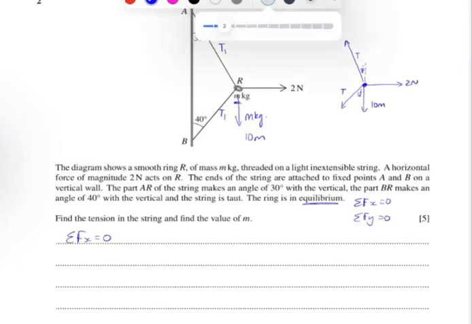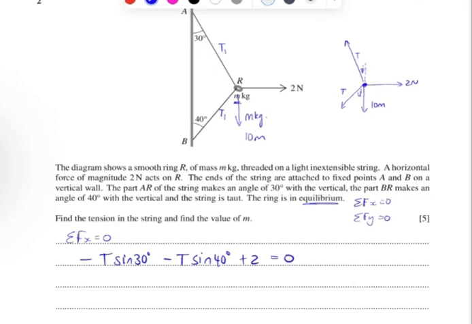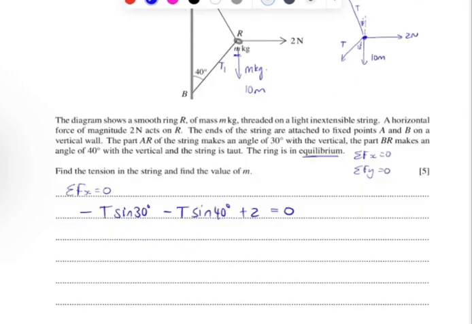So I am going to just start doing that. So I've got minus t. Okay, my angles are in funny places. So in this case, it's t sine 30 minus t sine 40 degrees plus 2 is equal to 0. Okay, and so if I were to take my t's to the other side,